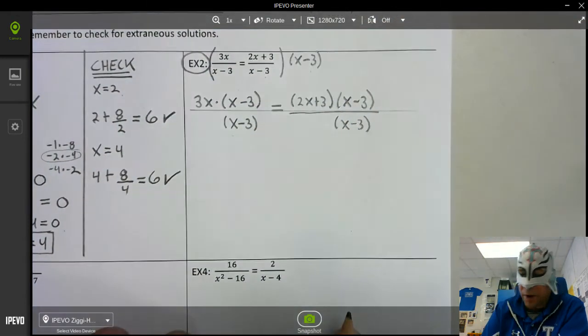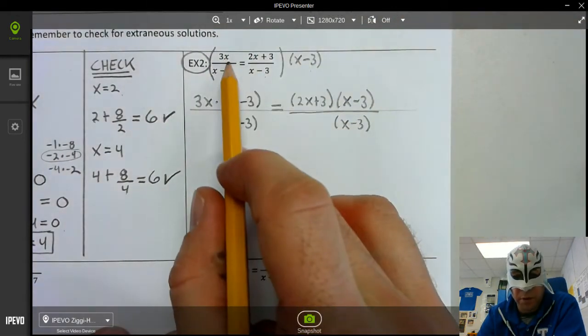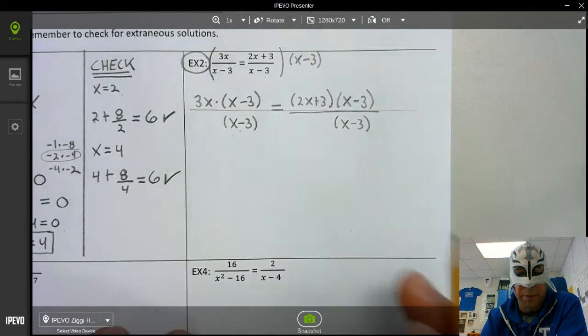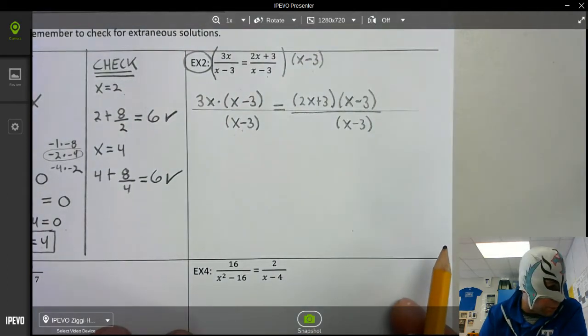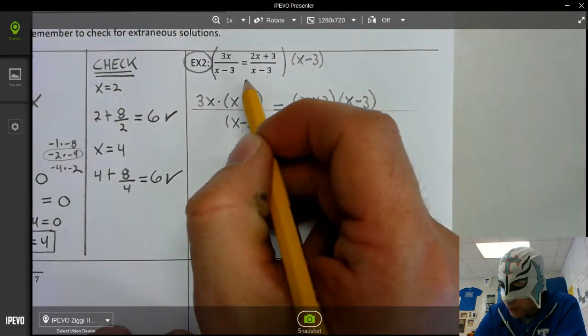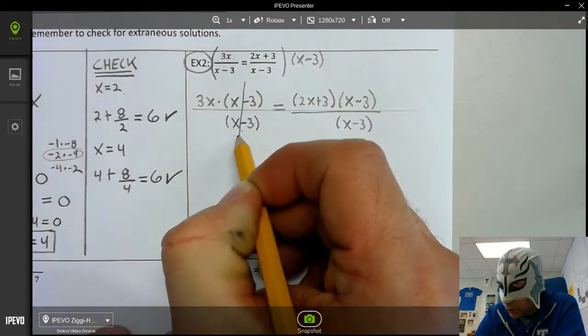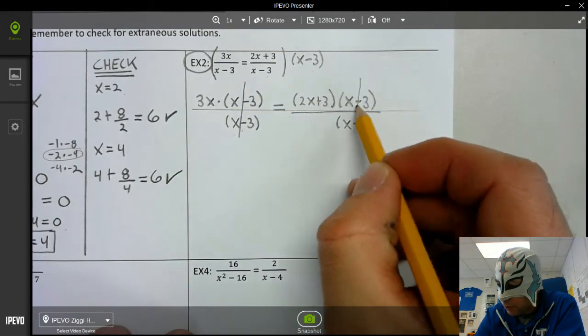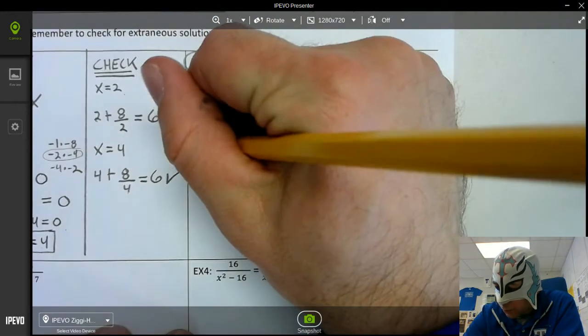So when you're multiplying fractions, you only multiply the numerator, okay? But you can't forget about the denominator. All right, so now step 2 is cancel out common factors. So we see that x minus 3 divided by x minus 3 is 1, and x minus 3 divided by x minus 3 is 1. So we're left with 3x